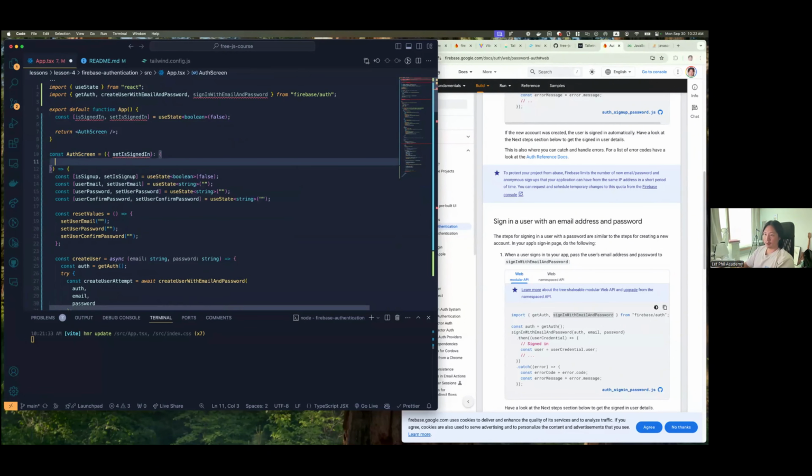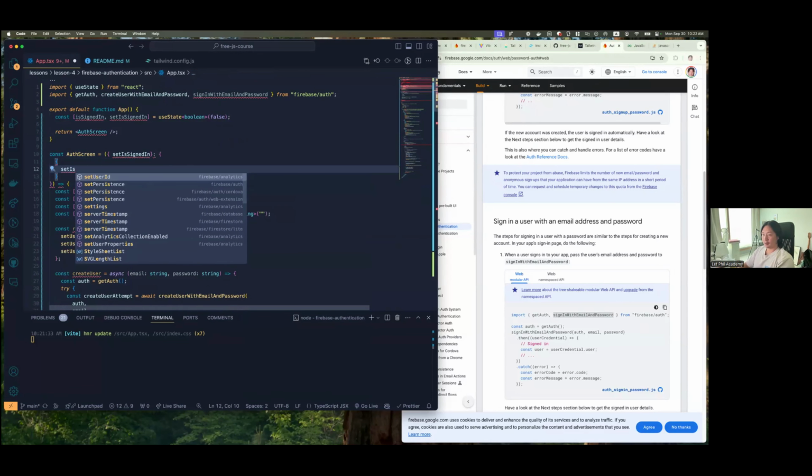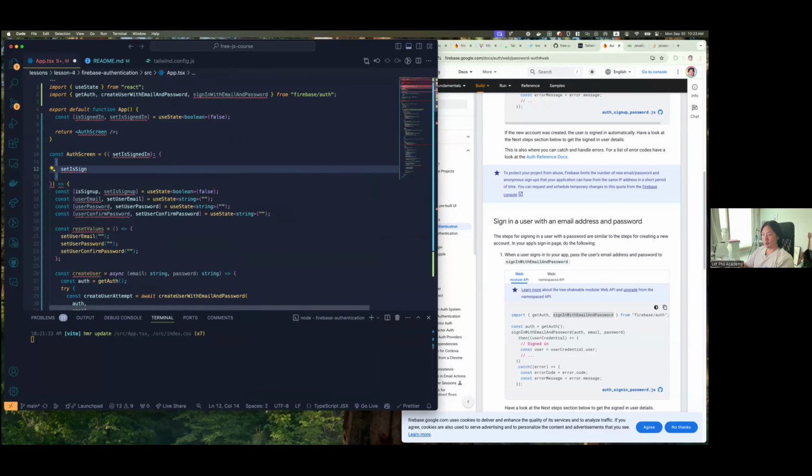That's going to be set is signed in. That's going to be our